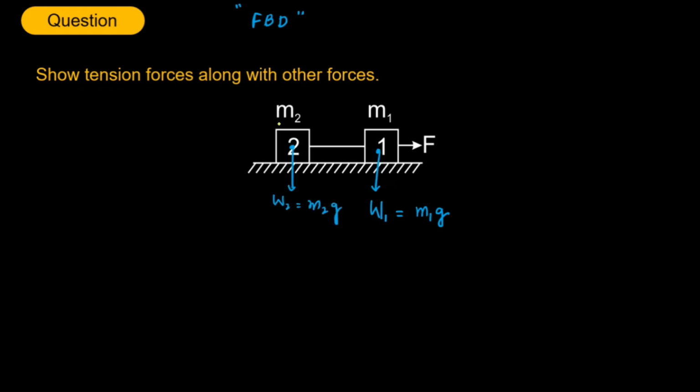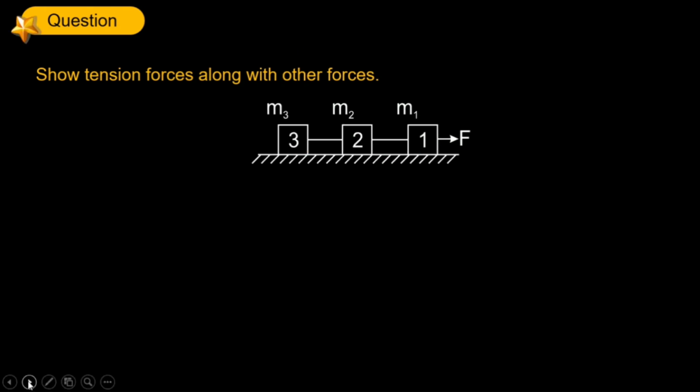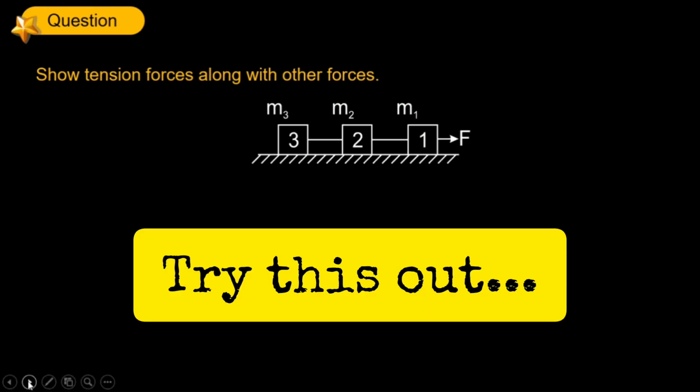Also, there must be a force acting from the surface. I can say N2. Similarly, here it is N1. These are the two forces which we just learned. Apart from this, there must be a tension. As this force is acting in the right direction, tension must be acting in the left direction like that. But tension always acts in pairs. These are the forces that are acting on the system, and the diagram which we have drawn representing all the forces is something we call FBD. Another case, another question. I would suggest you try